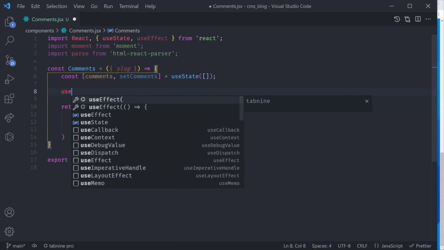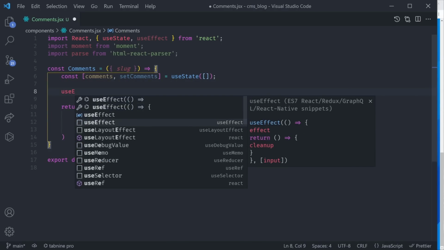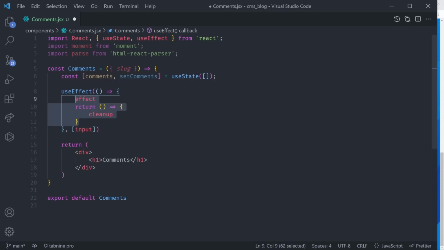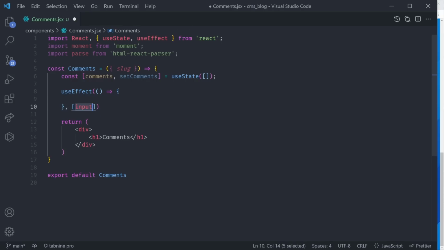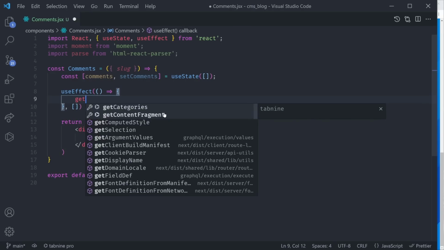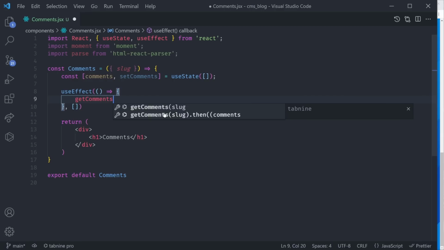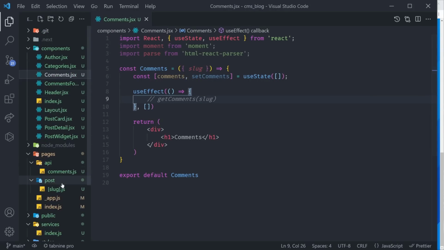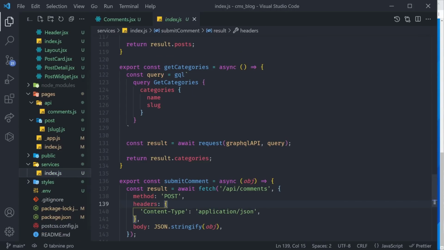Then we can create a new useEffect right here. Our useEffect is going to be a didMount, meaning it's only going to happen at the start. And what do we want to do at the start? Well, we want to call the getComments function, and we need to pass in our slug. Of course, this getComments function is not defined yet, so let's go to our services and then our index.js,